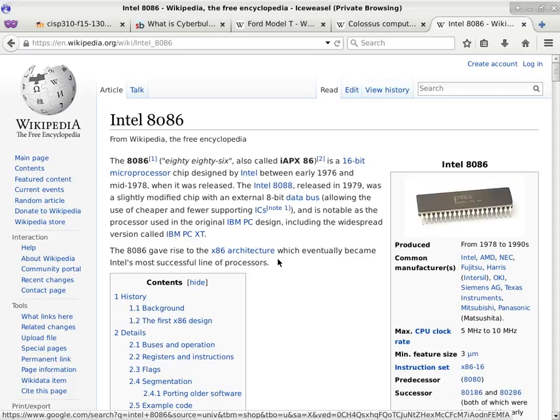So we'll fast forward to today. 2015, let's say you have a middle of the line i5 processor. What is the clock rate of an i5 processor? Just midline, not looking for extreme stuff. 3 gigahertz-ish, so we'll call it 3. How many cores do we have with a middle of the line i5 processor? 4 cores. And what is the width of each core? It's classified as a 64-bit processor. So it's 64-bit,